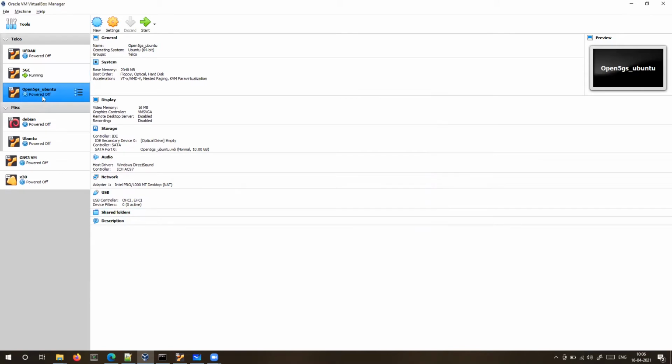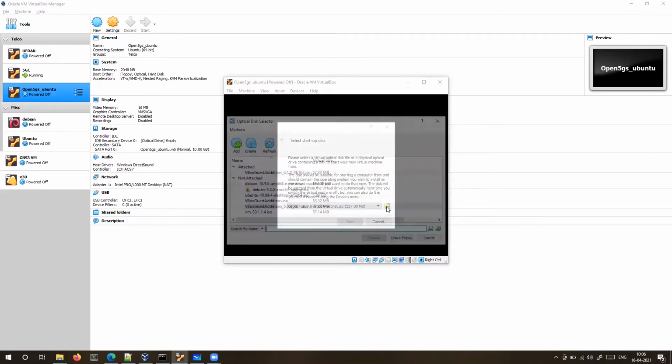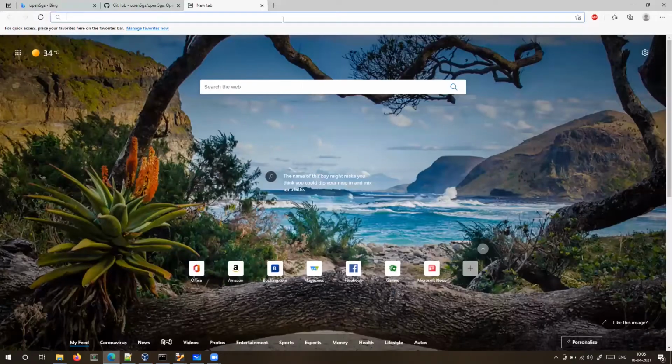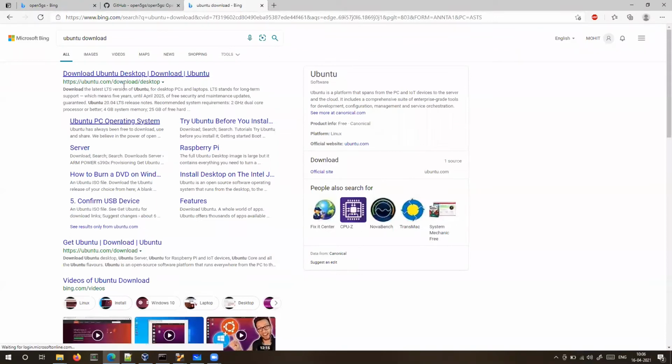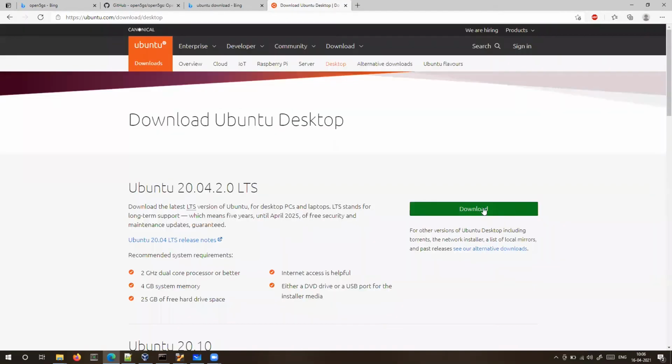So as soon as you create it, you can start. You need to download Ubuntu 18.04, or maybe a later version. You can just Google it and go to Ubuntu desktop, and you can click download.